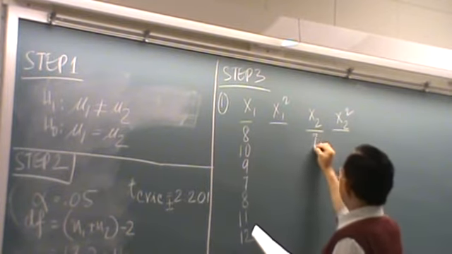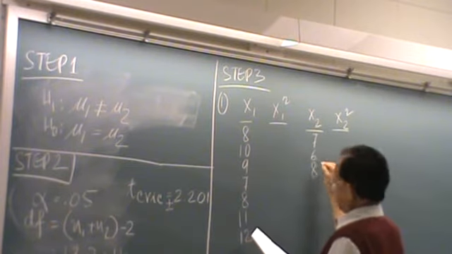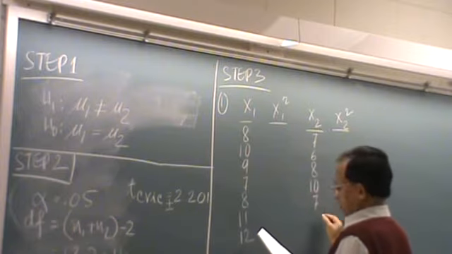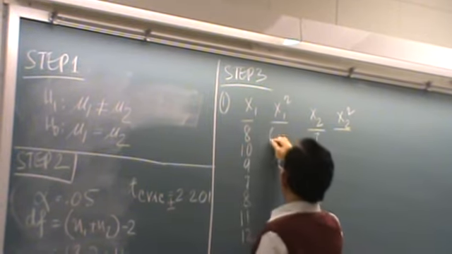And this one we have 7, 6, 8, 10, 7, 9. So if we are squaring it, this will be 64,